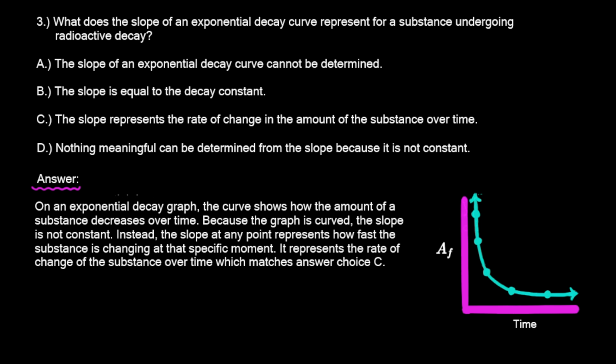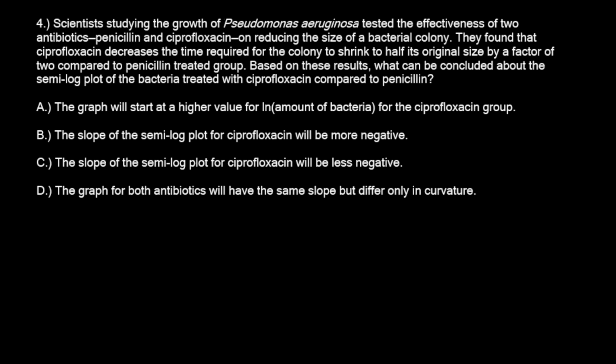They are wrong because the slope of an exponential decay graph does tell us something meaningful. Answer choice B is also not correct because the decay constant is not the slope of an exponential curve. So the correct answer is C. Here's question number 4. It reads, scientists studying the growth of Pseudomonas aeruginosa tested the effectiveness of two antibiotics, penicillin